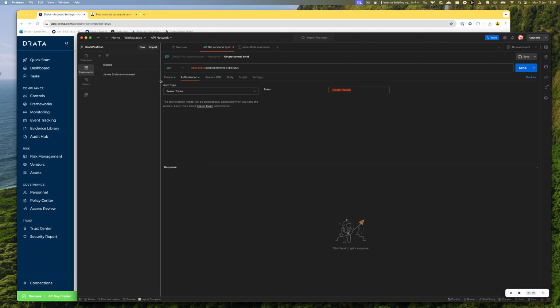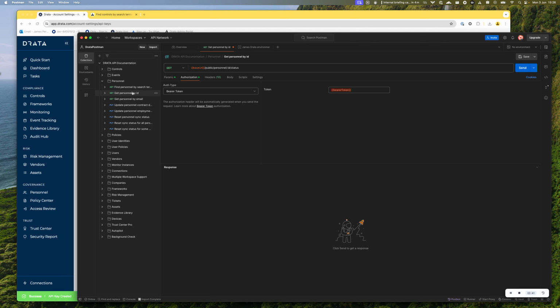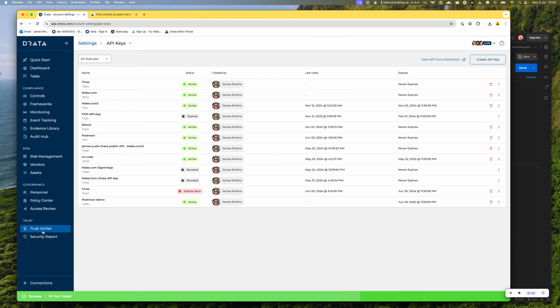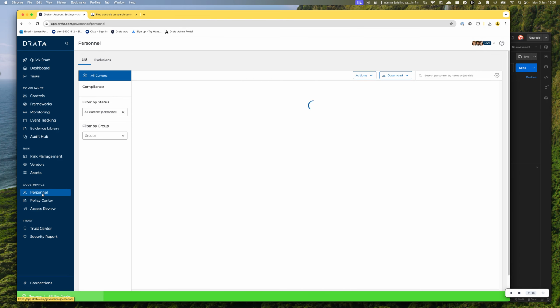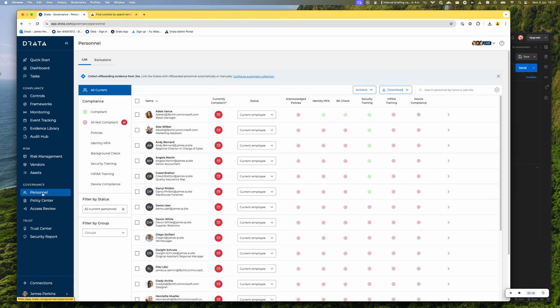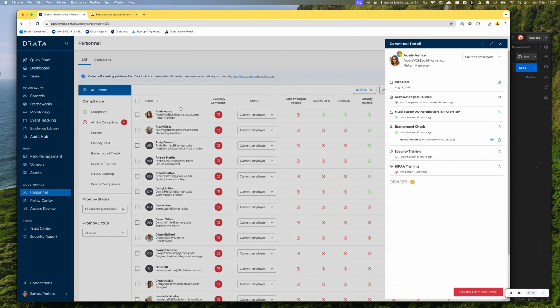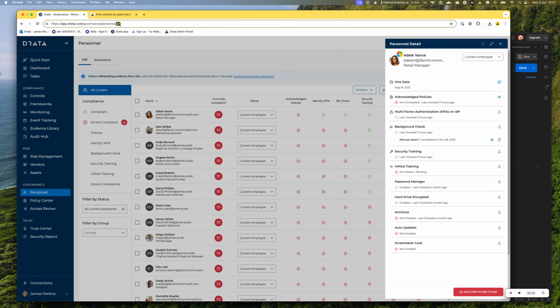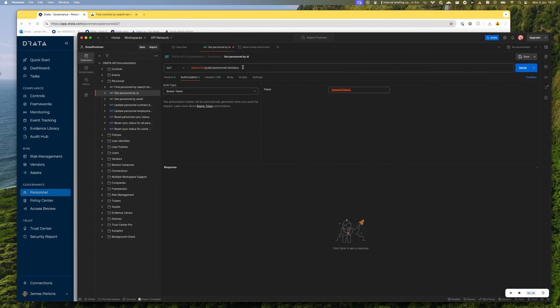So we'll come back to Postman and we look at our collections and we're going to get the personnel by ID. Now we can find the personnel's ID if we come back to personnel dashboard and we click on a user, clicked on Adele here, we can see their ID is 27 from the URL bar. So we're just going to simply update the URL to personnel 27, click send,